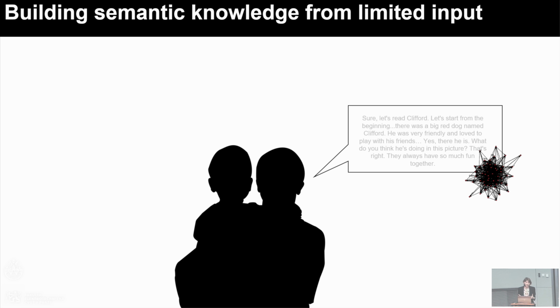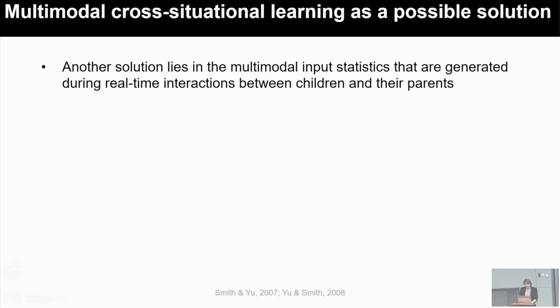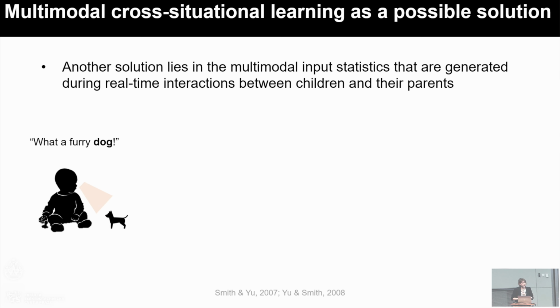And so this takes me to our key research question, which is how children build semantic knowledge from their limited everyday input. What we propose is another solution, which is that children rely on the multimodal input that they're jointly generating with their caregivers. Because parents aren't just providing speech in a vacuum, they're actively talking about what children are doing and seeing in the moment. And so we suggest that children can use their attention to objects in the moment to help them ground parents' speech and to link co-occurring words, using that as a foundation to build semantic knowledge from